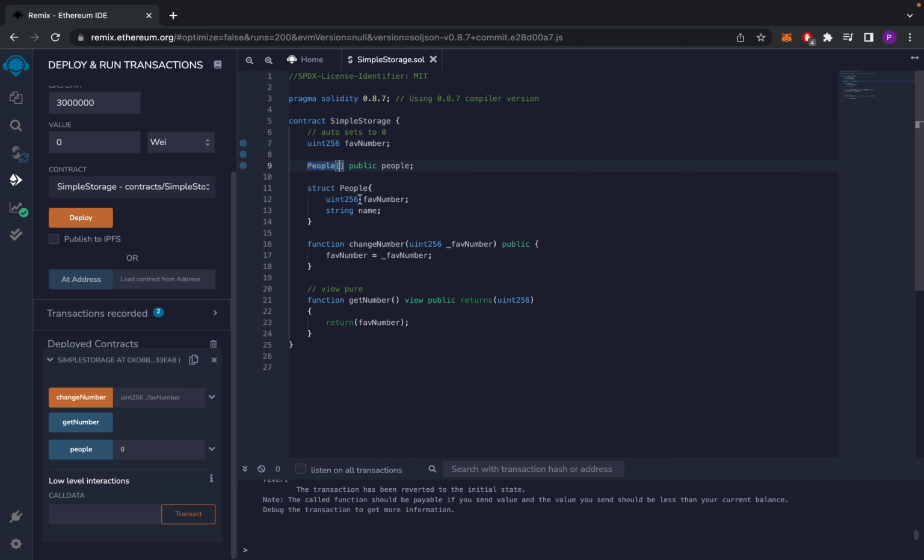So now how would you push something into this array? Let's do it in here. We'll say the same thing. We'll put underscore favorite number. Let's just add a string for name, or underscore name. Let's keep that same naming structure. And then we'd say